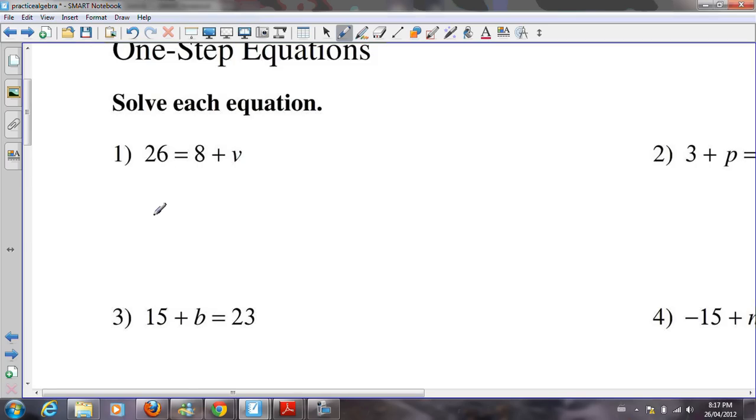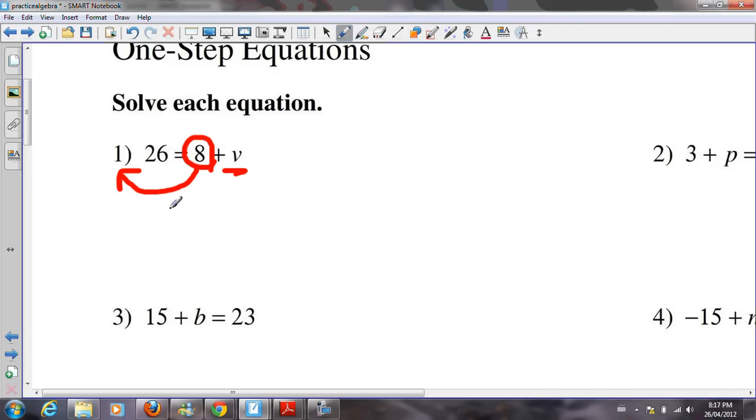There. So here's what we have. We have 26 equals 8 plus v, and in this case they didn't use x, they used the letter v. Now we know we want to have v all by himself in the end. So what is it we want to move? Well, this 8 is going to have to move to the other side. So when we move him over to the other side, a funny thing happens with the 8. Since we know it's a positive 8, because there's nothing in front of it, there's no minus in front of it,